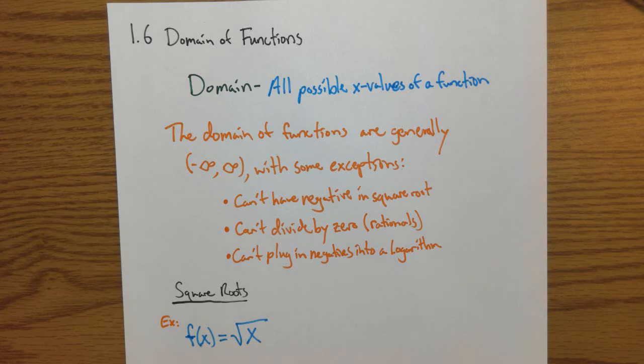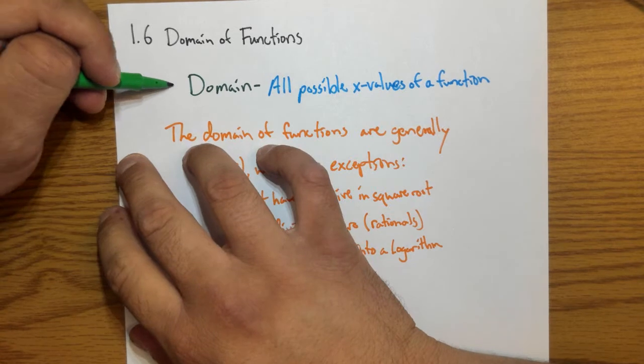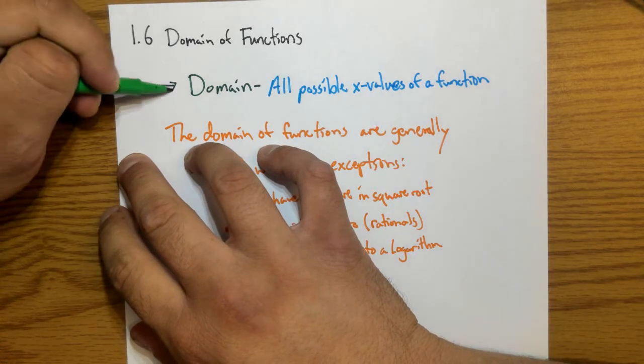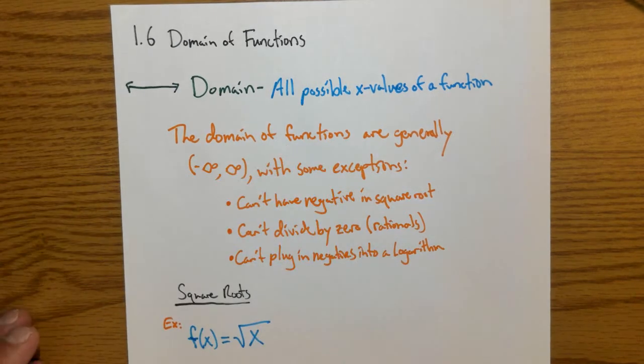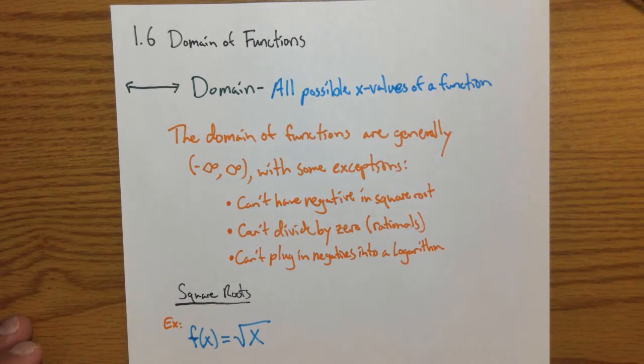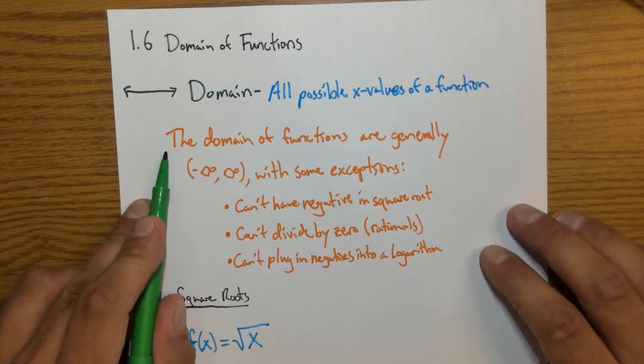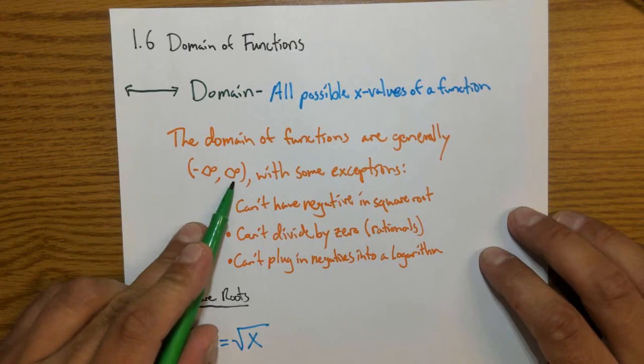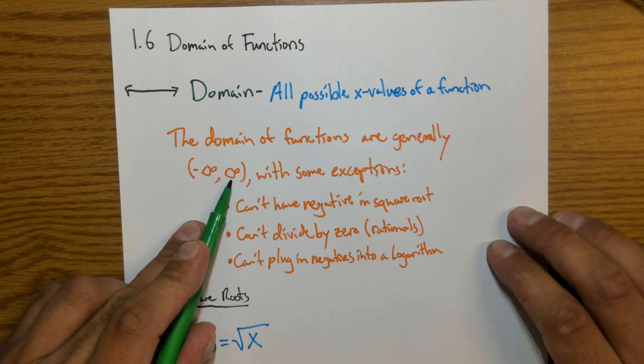So remember that when we're talking about x values, we're talking about from left to right. Where does the function exist going from left to right? What are the possible x values I can plug in and it would still make sense? Well, here's the idea. The domain of functions are generally from negative infinity to positive infinity, meaning all the numbers,